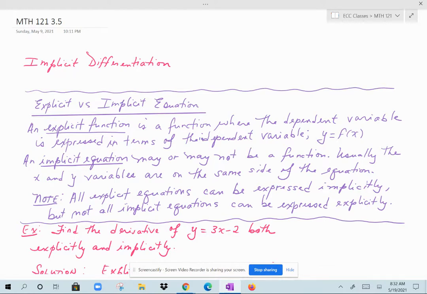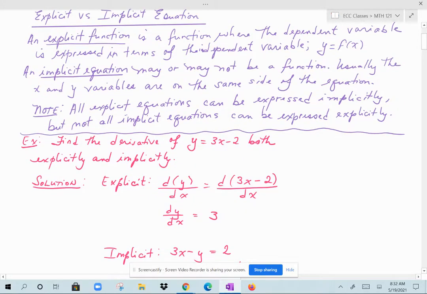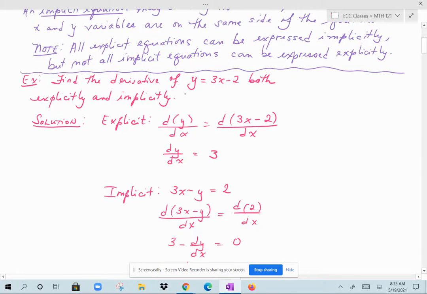All explicit equations can be expressed implicitly, but not all implicit equations can be expressed explicitly. In other words, it's not always possible to isolate the y variable from the x variable on one side of the equation. So this is an example of an explicitly defined function, and we're going to take the derivative of it both explicitly, and then we're going to rewrite it implicitly and take the derivative again, and we'll see we get the same answer. So when we take the derivative of y equals 3x minus 2,